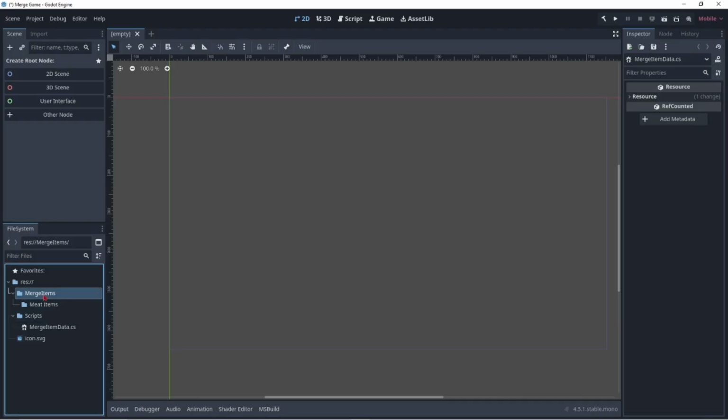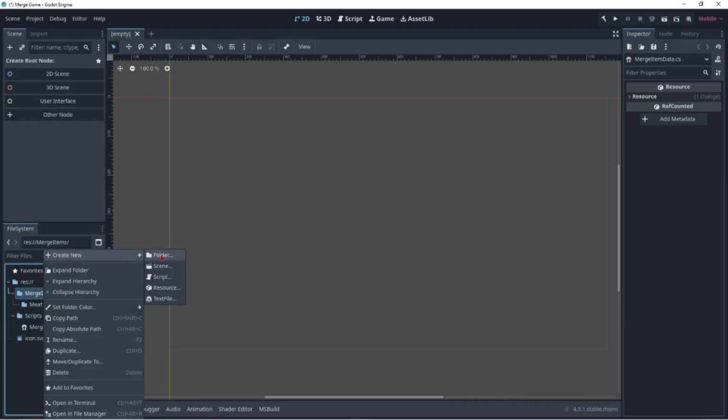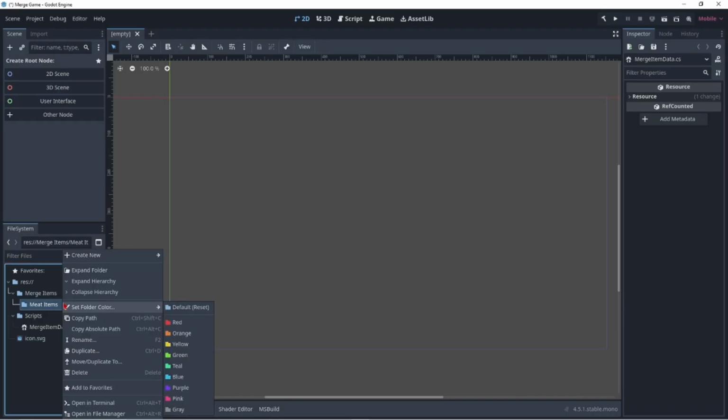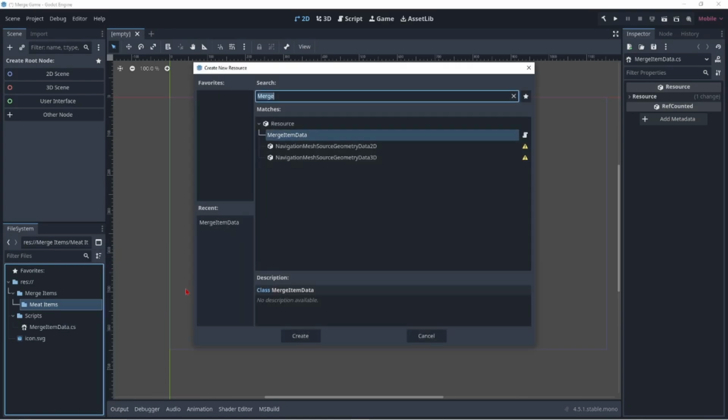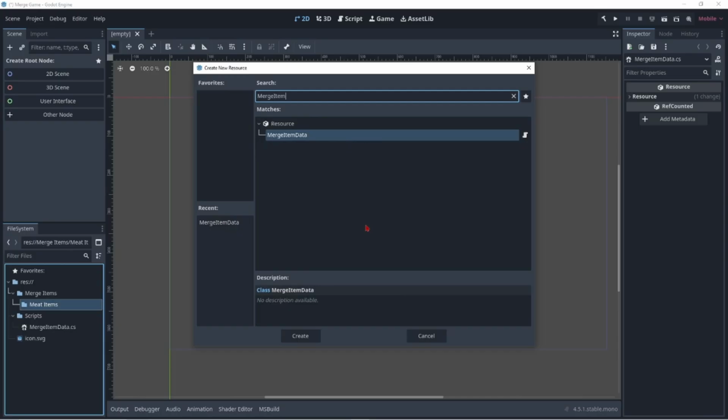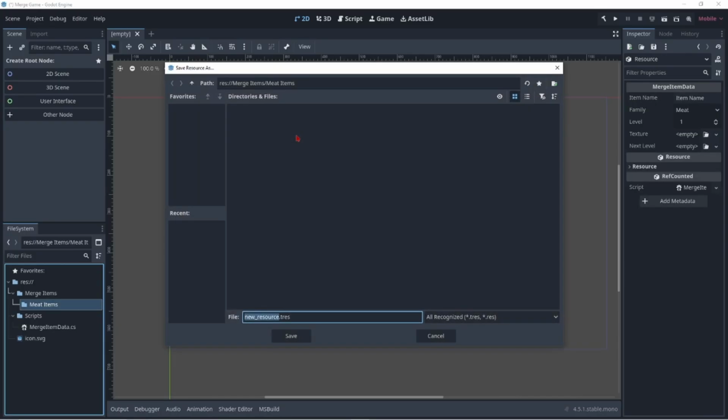The thing we're going to want to avoid putting spaces in is your code. So I'll even, just for consistency's sake, rename that. Okay. Now within meat items, this is where things really start to shine. Go to create new, and we'll go to resource. Now you're going to find that this merge item data that we just created is accessible. So we're going to select that, and we will just call this meat